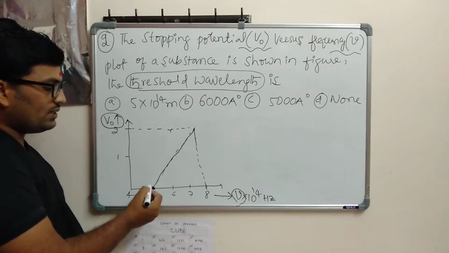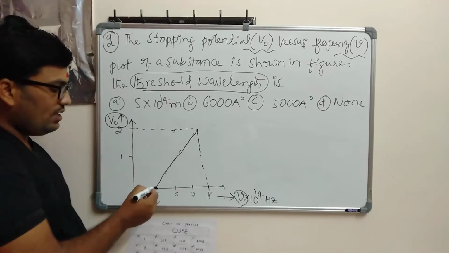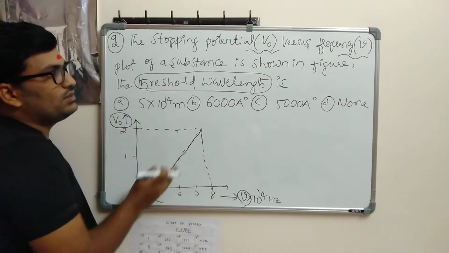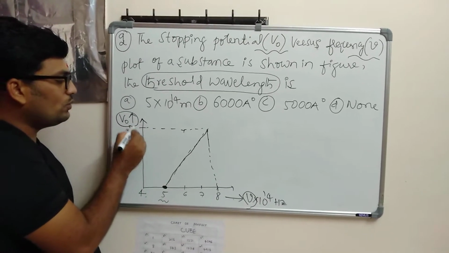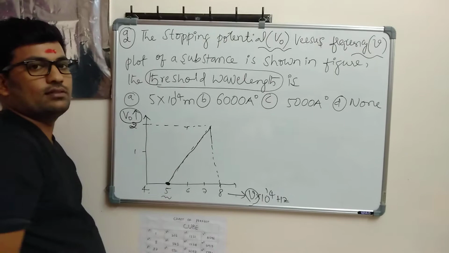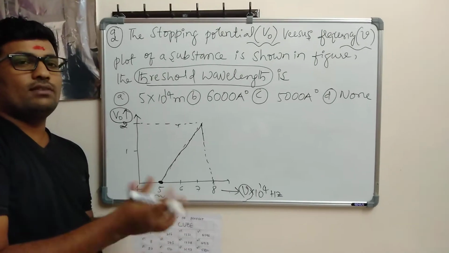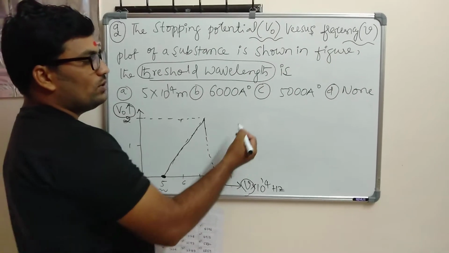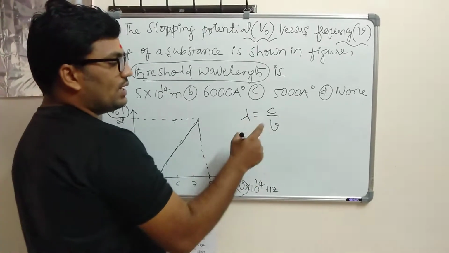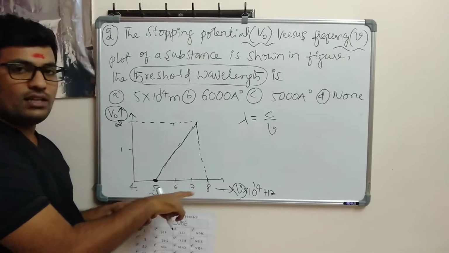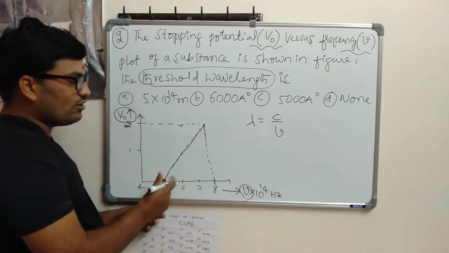Here phi will be, what is this one? This is the threshold frequency, meaning the minimum frequency to liberate the electrons. And the stopping potential given here is 2. Here we want a wavelength. When you want to find the wavelength, then definitely you have a relation. The basic relation we already know is lambda equals c divided by frequency nu. Which frequency is being asked here? There are many frequencies we have, 4, 5, 6, 7, 8 like that. But particularly the graph starts from this one.